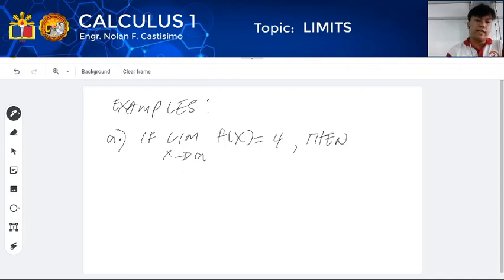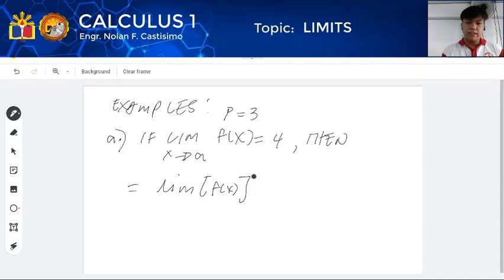Ano yung power natin? Wherein if p is equivalent to 3. So, solution. Limit of f of x raised to 3 as x approaches a